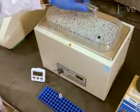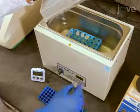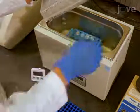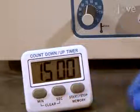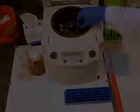Then, incubate the samples in a water bath maintained at 65 degrees Celsius for 1 to 1.5 hours. In the meantime, vortex every 15 minutes. Then, centrifuge the samples at